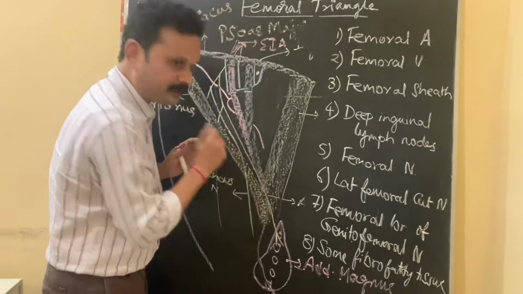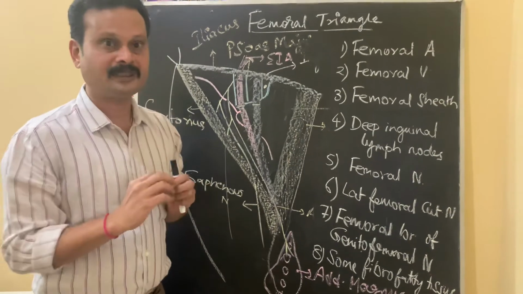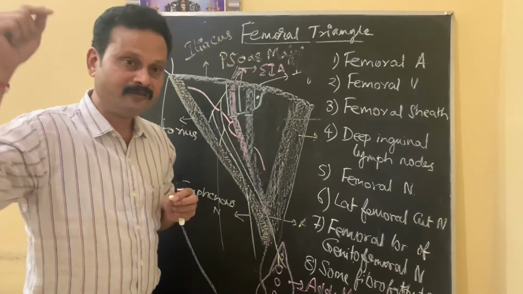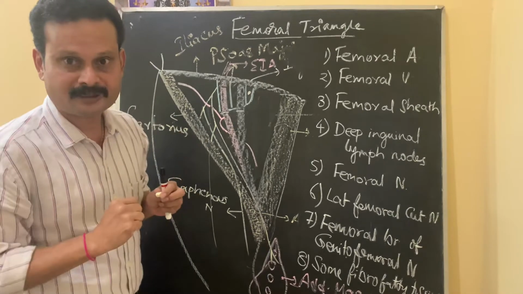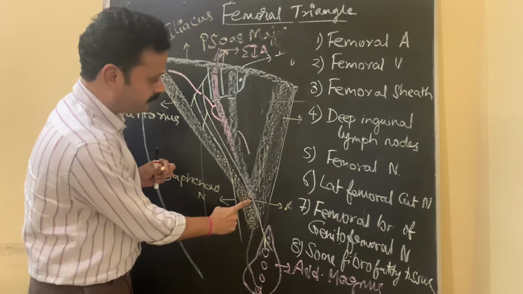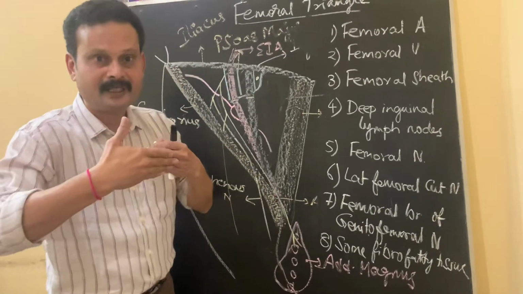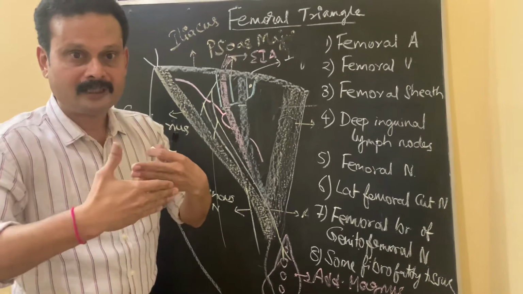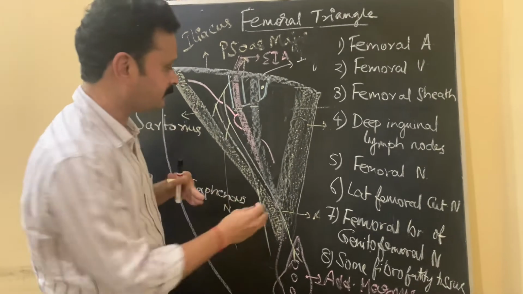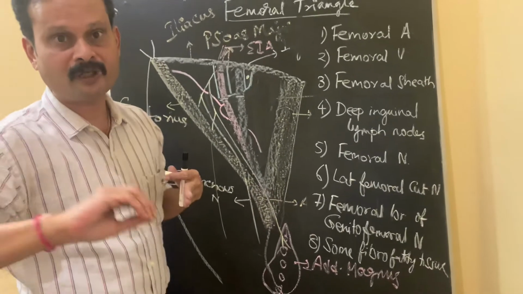It reaches the apex. At the apex of the femoral triangle, it is the superficial structure. In the last class, I have said structures piercing the apex pierce what structures? So the first one is the medial femoral cutaneous nerve. Succeedingly, at the apex: femoral artery, femoral vein, adductor longus, profunda femoris vein, profunda femoris artery. These are the structures present from superficial to deep at the apex of the femoral triangle.